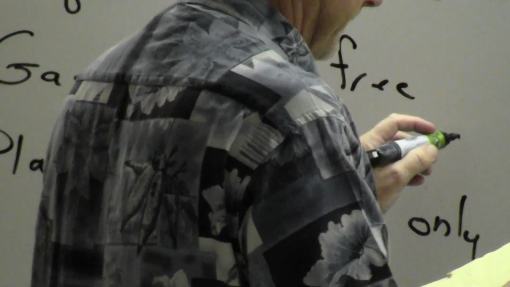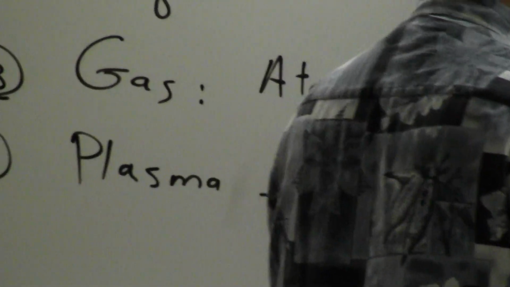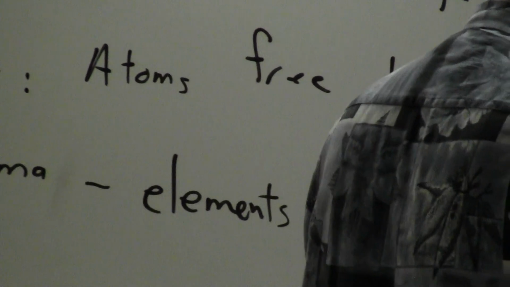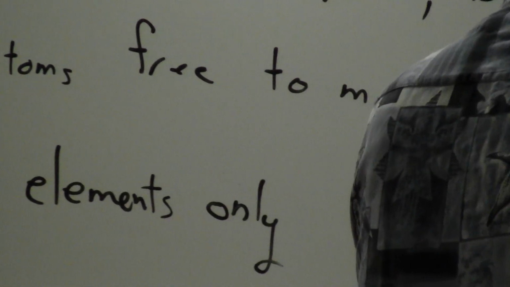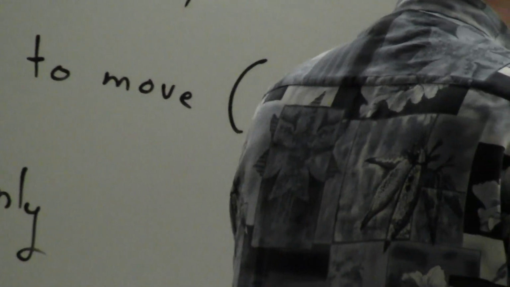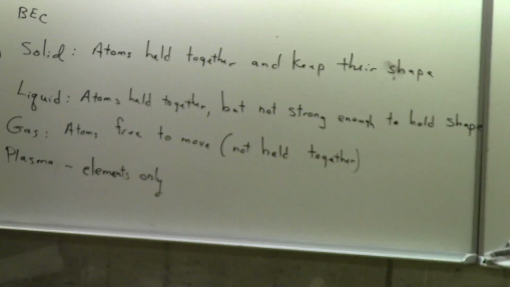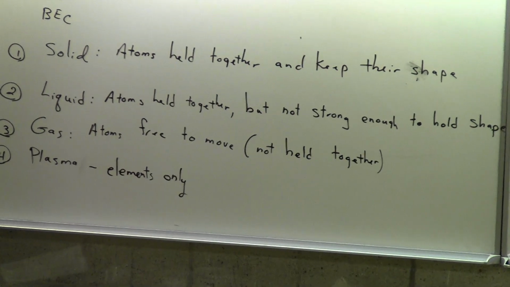The atoms are free to move on their own. They are not held together. And again, that has some interesting consequences in their behavior and the physics of it. So the behavior of a gas is different than a liquid. So just like the liquid is different than the solid, the gas is